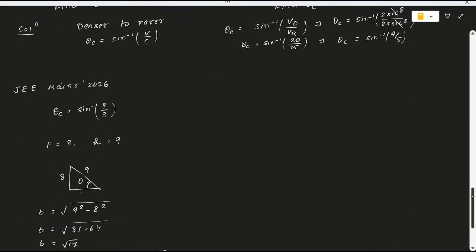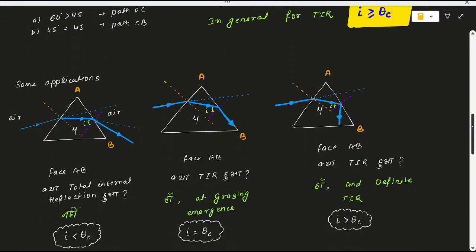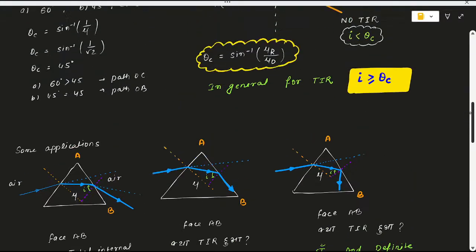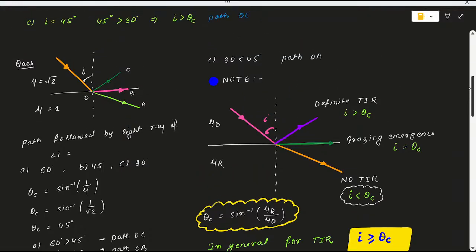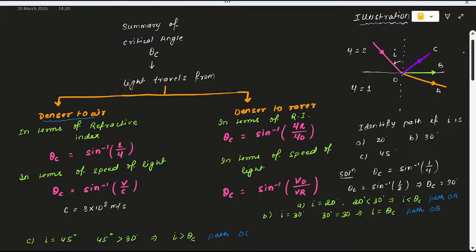So this is what we did last, and we have written the summary as well for this. See, the diagram is also given, isn't it? Everything has been taught in detail, right? So here, there you go. Summary of critical angle. If you can see, the light ray, Akash, is going from denser medium to air, no? Denser to air. Okay, so when you go from denser to air,